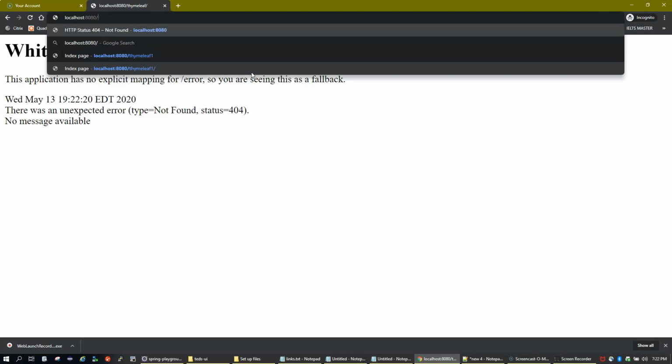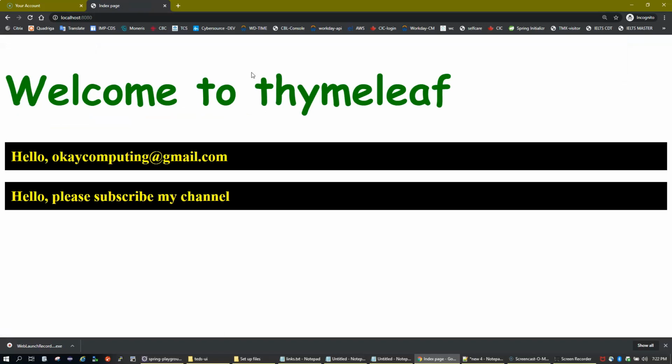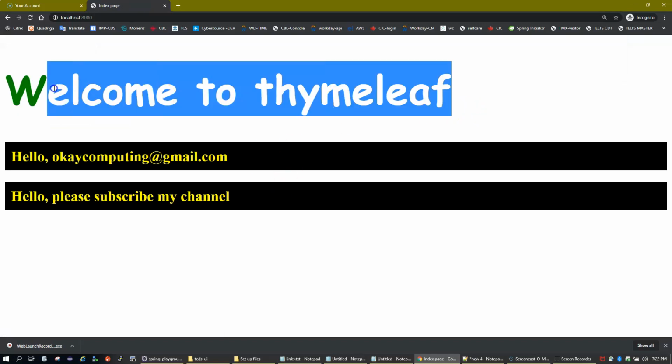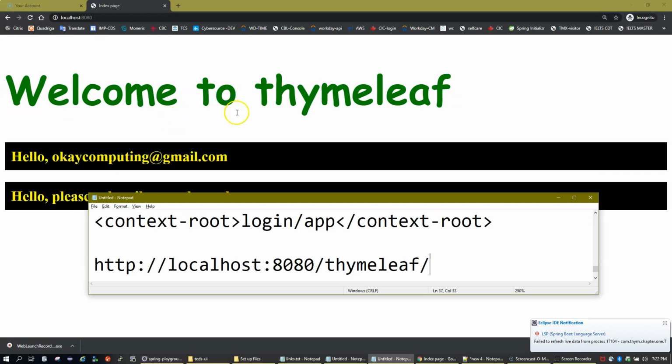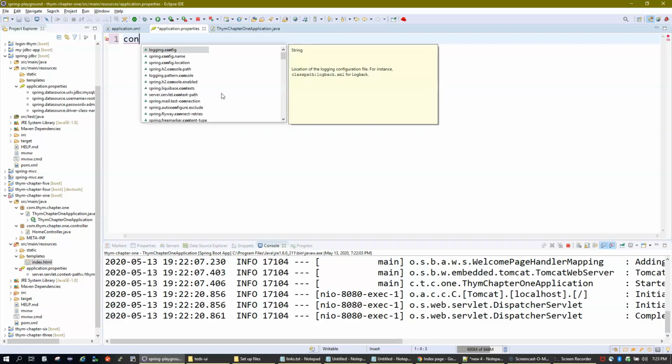But if I remove ThymeLeaf and hit localhost 8080, the root, then I have my application up and running. So what I'm trying to say is the default value of your context root is blank, no value.